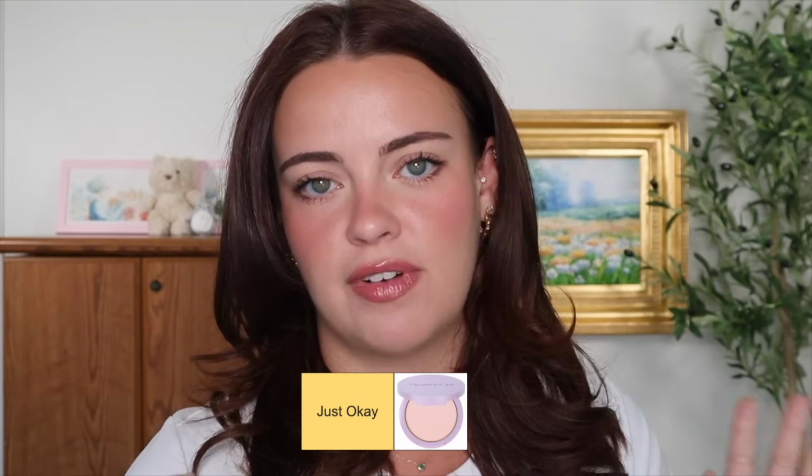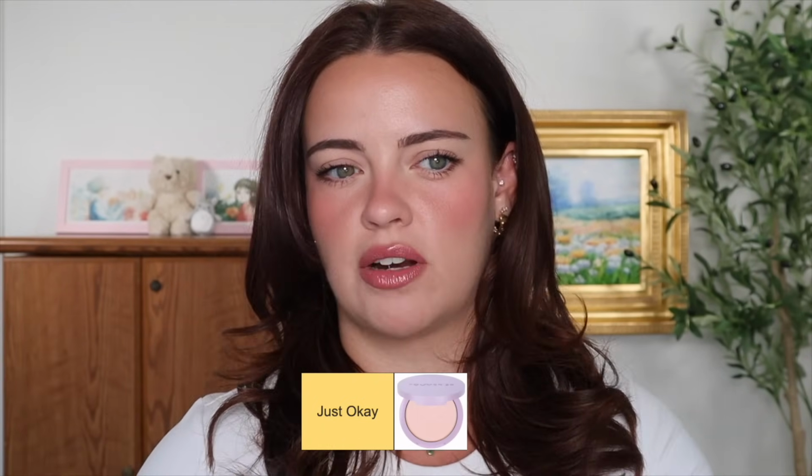Now for the product I find to be just okay. There's only one product in here, and it's the powder. Although I had a very positive experience with it today, it doesn't compare to other powders I have in my collection still. I'll keep this around. It's really nice and brightening, very blurring, but I feel like I have more effective powders,